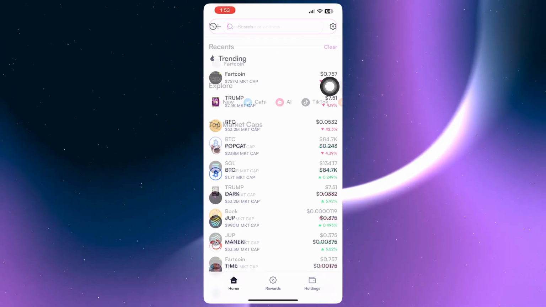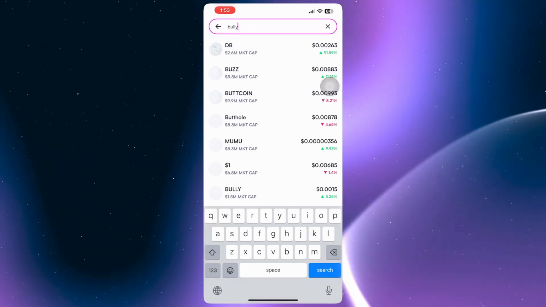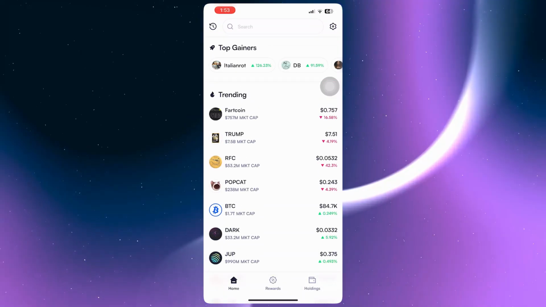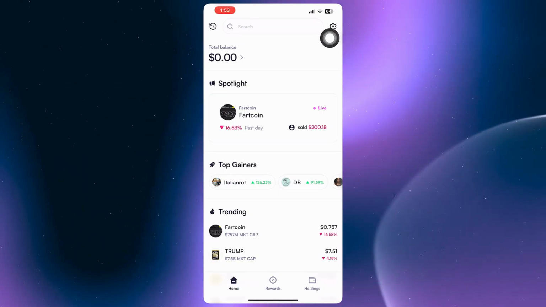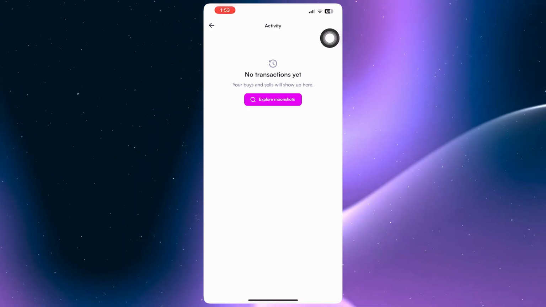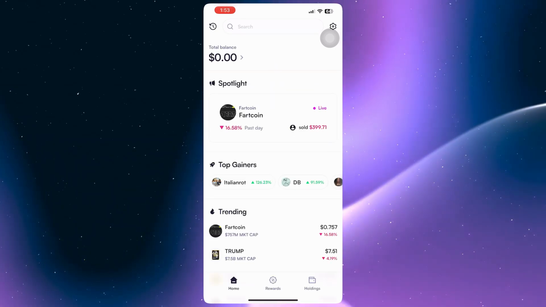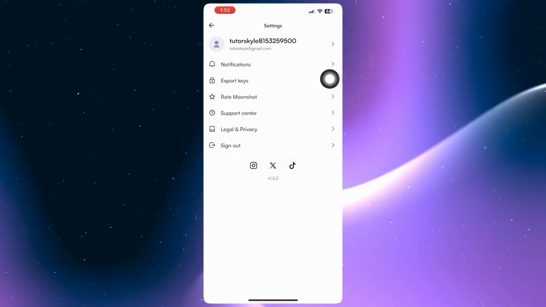You can tap on that. And from here, you could just search for the meme coin that you'd want. And then you should see it right here. Next, you have this icon where you see the clock or the history icon on the top left, where you can see your past transactions. This is very helpful if you need some details or information about it, or if you'd like to track something. And next, you have the settings button here on the top right,